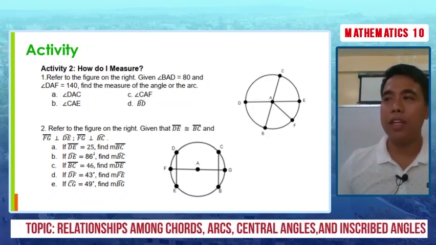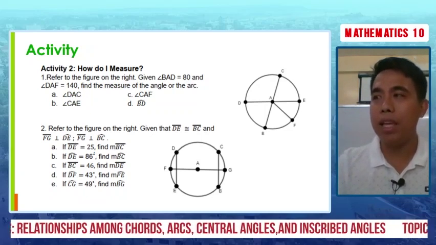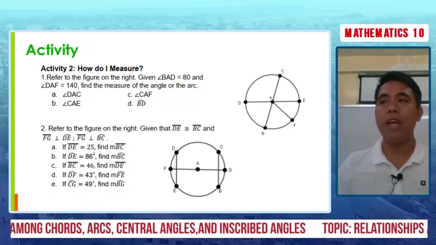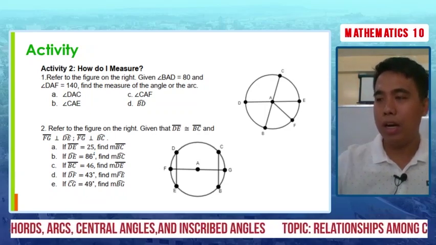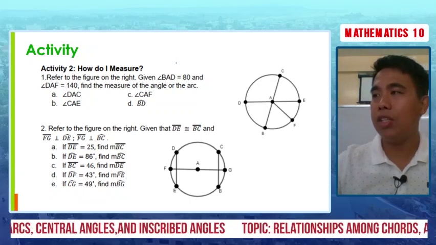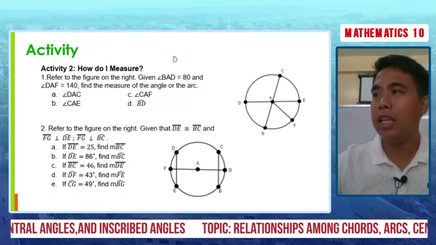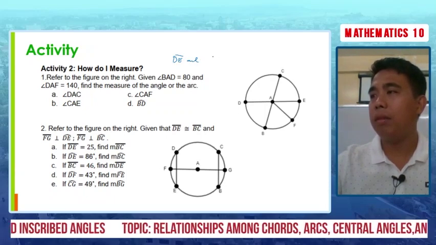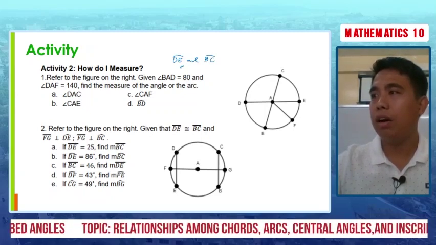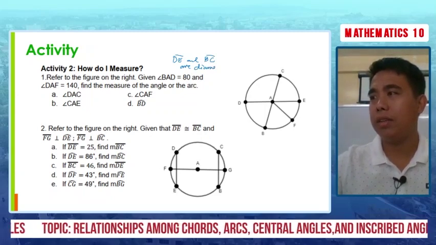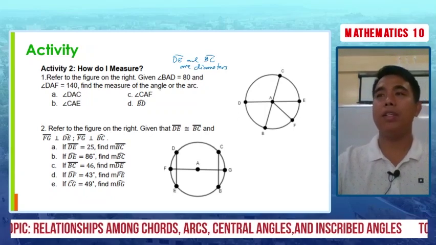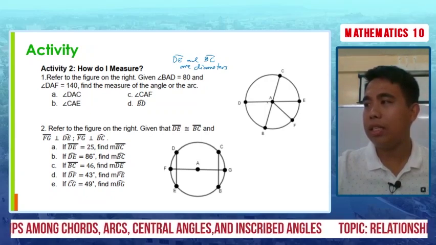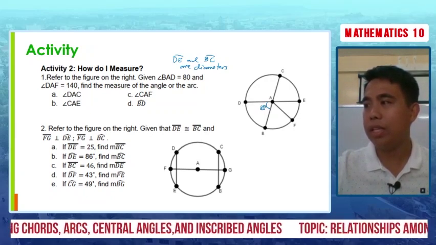Now, let's have an activity sa mga sinagutan natin. So, refer to the figure at the right. Given that angle BAD is equal to 80 and angle DAF is equal to 140, find the measure of the angle or the arc. May I give an additional information here that segment DE and segment BC are diameters. They are diameters. So, angle BAD,